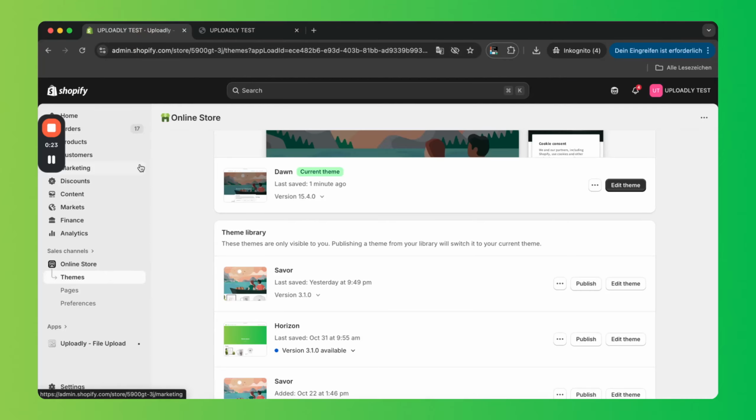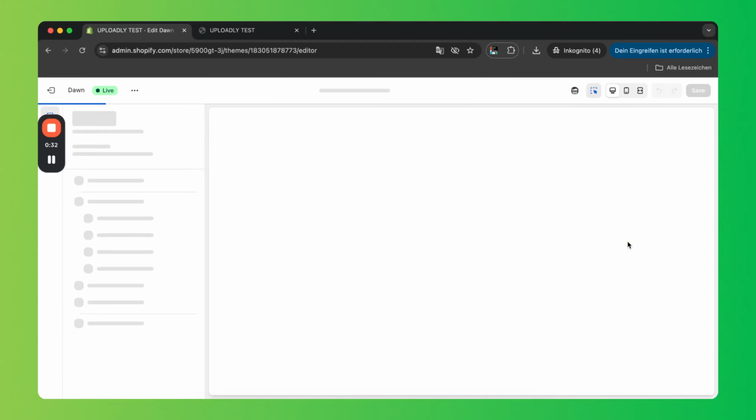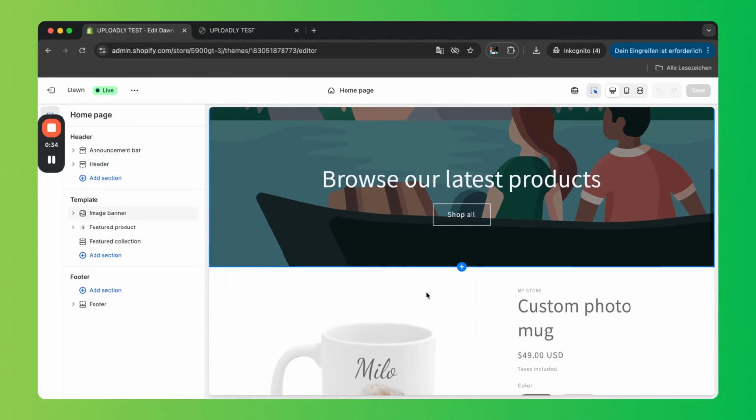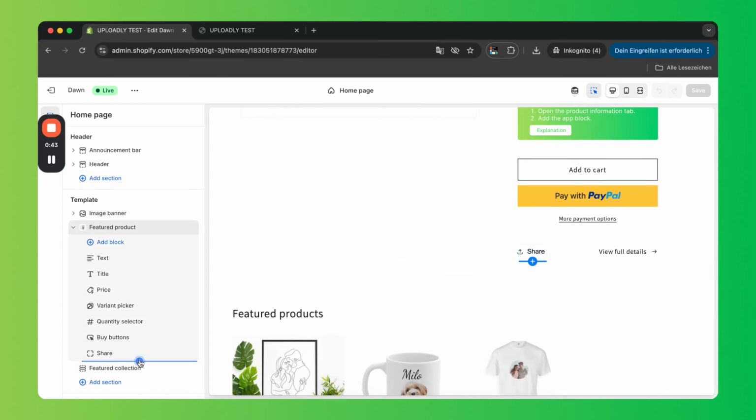So first of all, we go back to our Shopify dashboard. We go to Online Store, Themes. And then we go to Edit Theme. So now by default the homepage will open up and we can find the section Featured Product. We will expand it, and here below in the very bottom we can find the plus,